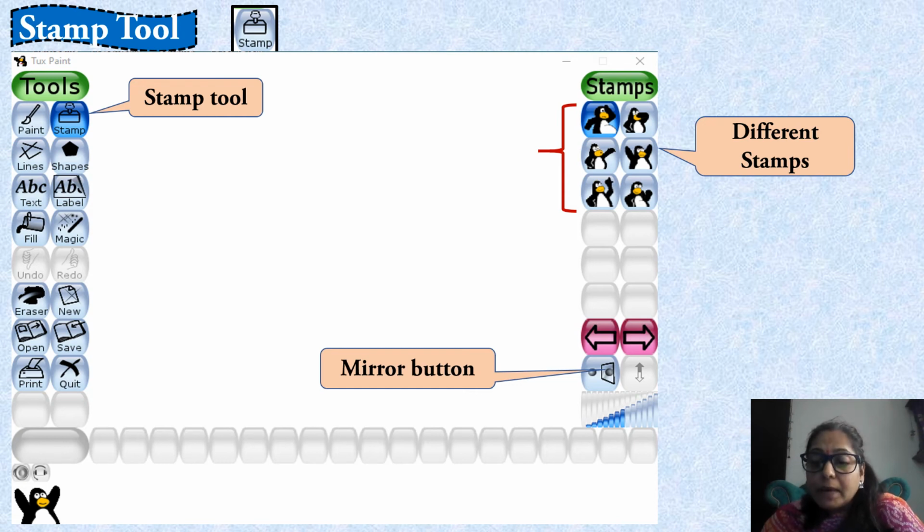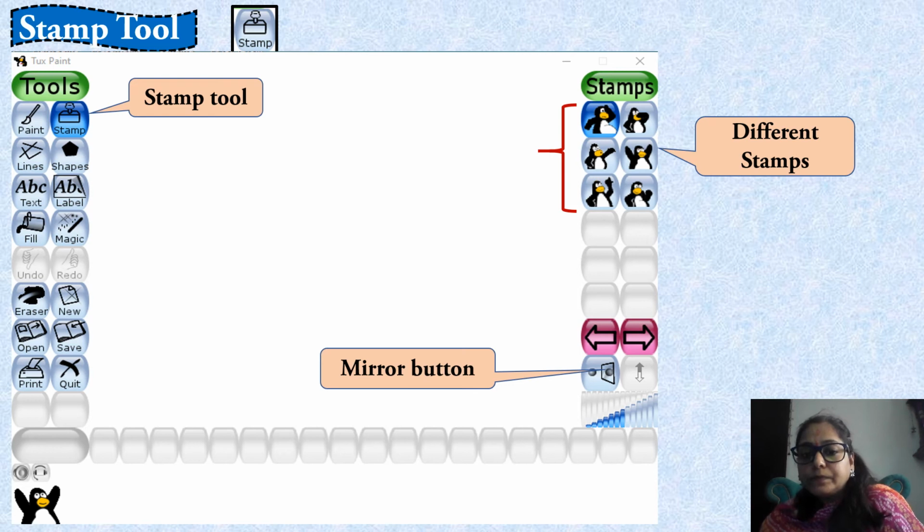It means if the stamp side is left, then we convert it to the right side, so it makes the stamp face the opposite side. And below this, one box is given.